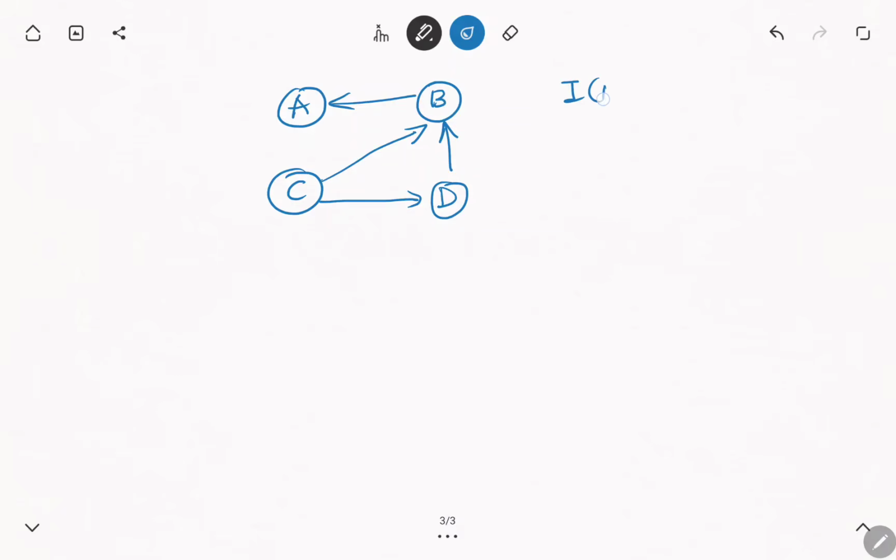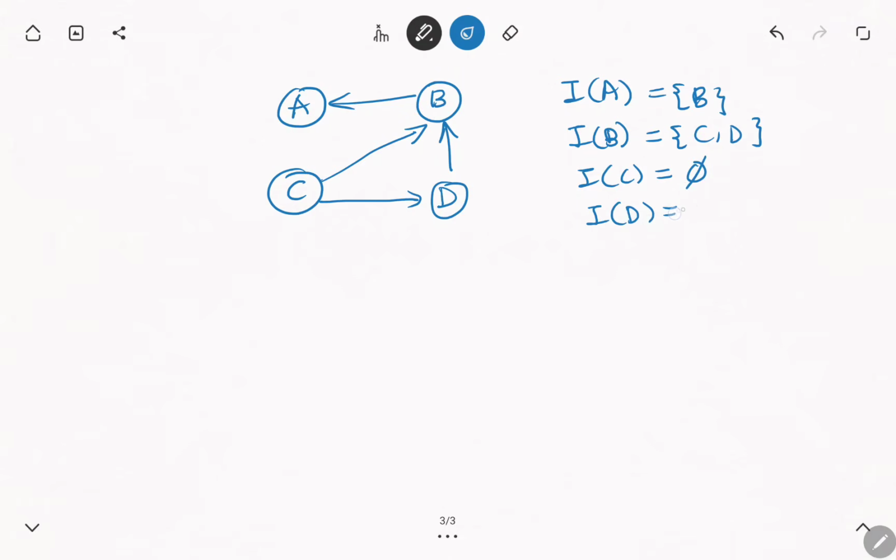So the first step is you'll calculate the in neighbor sets. Right, and then